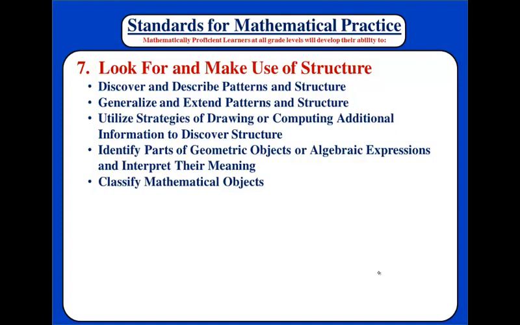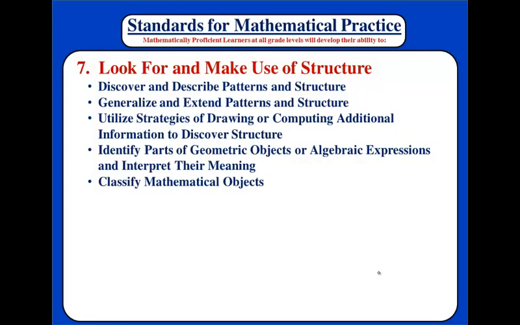So we want to look at subparts of, say, geometric objects or algebraic expressions and determine their meaning. We have a fraction. What does the numerator represent? What does the denominator represent? Or we have a formula, changing one parameter in the formula, or changing a coefficient here, or a number there, or an exponent there. Changing something in that formula, how does that change the graph and the table? And what kind of structure do we see in the formula, in the table, in the graph of a function,